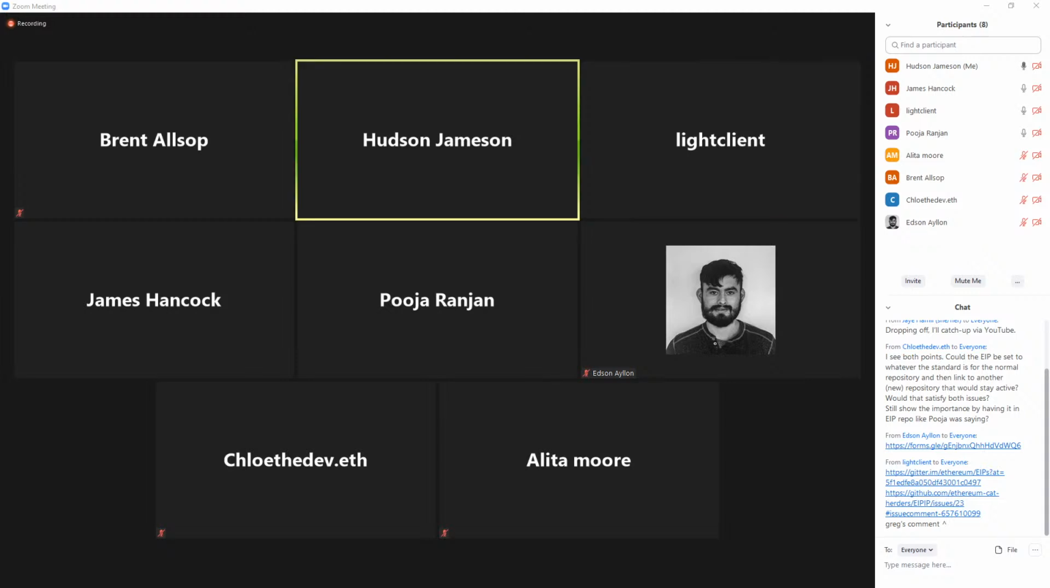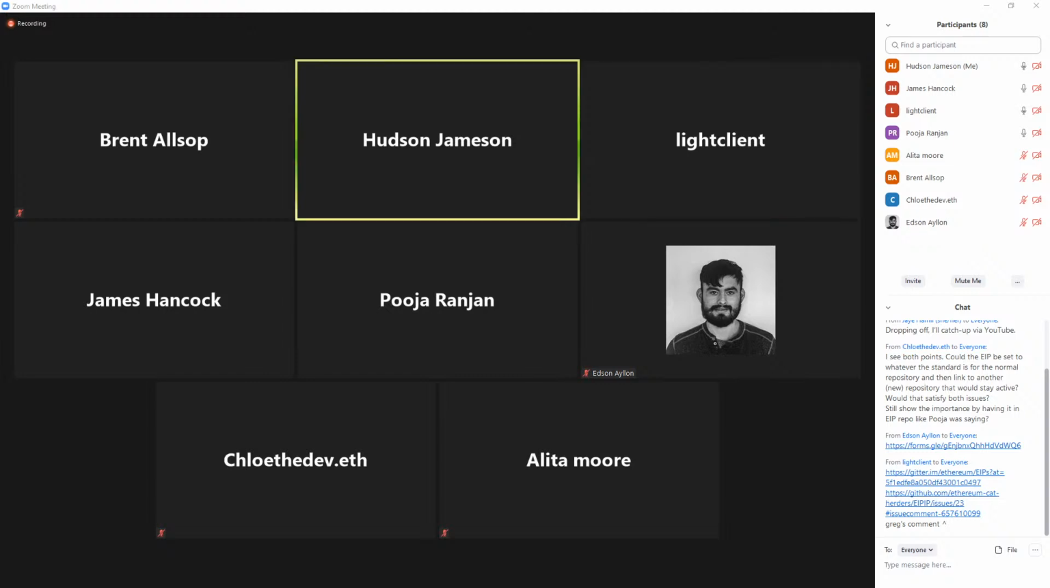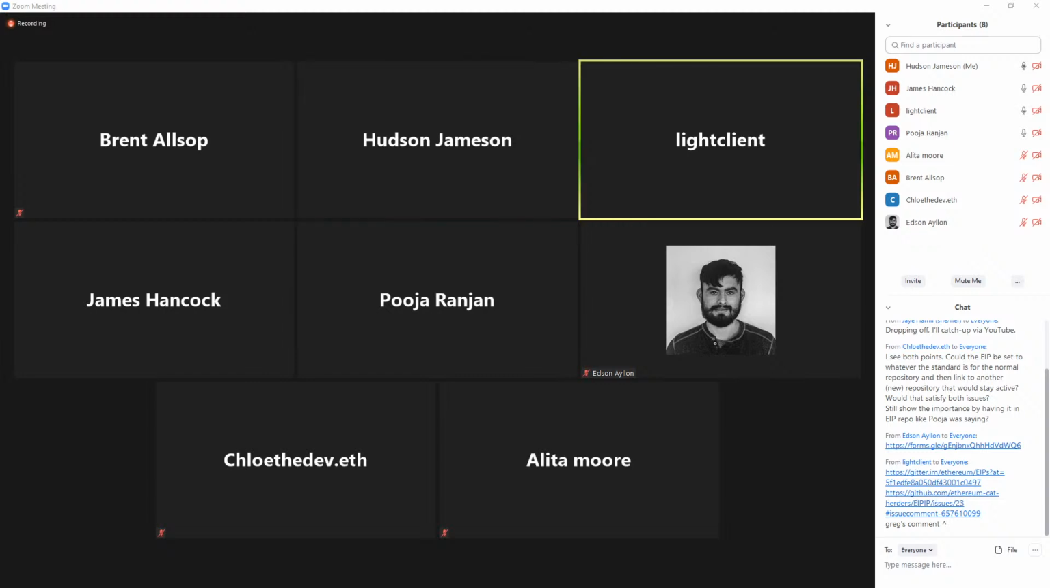I guess the fewer EIPs that are non-standard, the better, is how I like to look at it. But that's more of a personal opinion. You're saying non-standard as in they are not standards, like with an S? Yeah. Okay. I kind of feel like we should have more informational EIPs, and maybe this isn't the right kind,